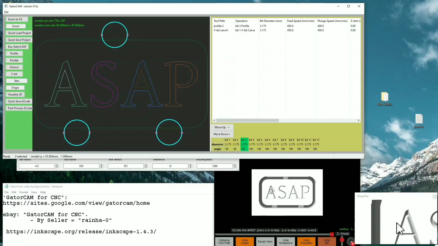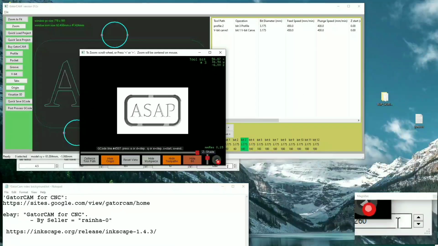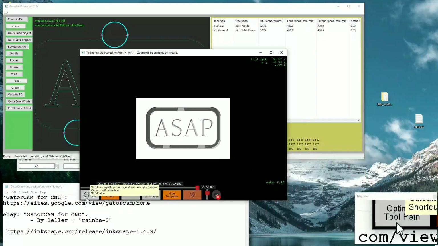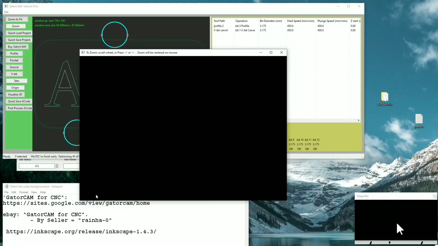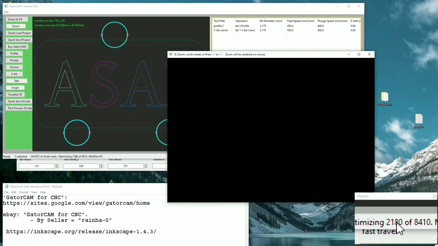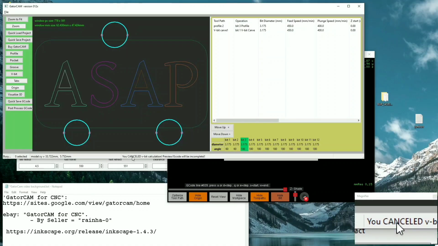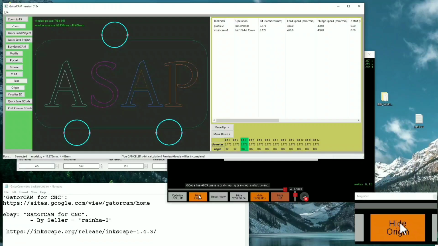Okay, so let's look at the visualizer a little more, see what it tells us. This is new and I love it. So you can optimize your toolpath from here by clicking this button. When you optimize, it'll show you its progress in this window, and you can hit escape, and when you hit escape, it always remembers the fastest way that it previously calculated, and it'll try that one first. But I hit escape just now. It says, oh, I hit escape on the vbit calculation. It was done and I hit escape. Let's try that again. So if we optimize here,